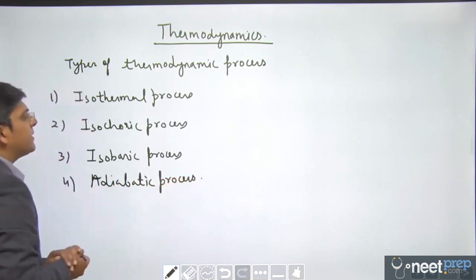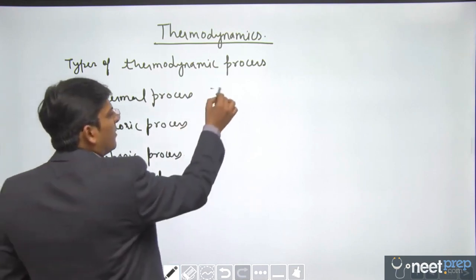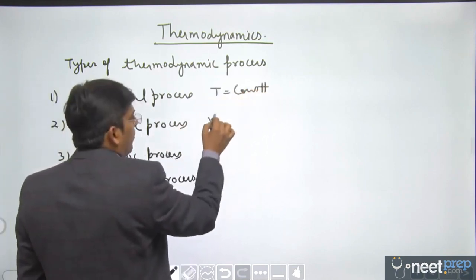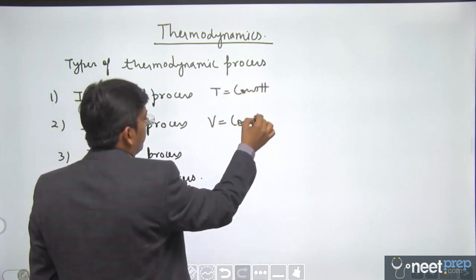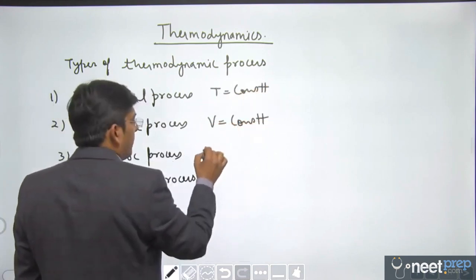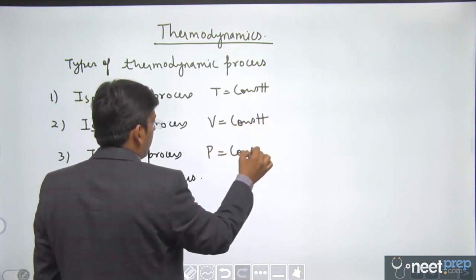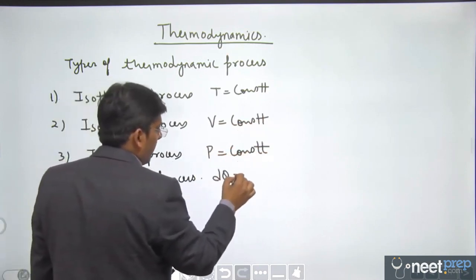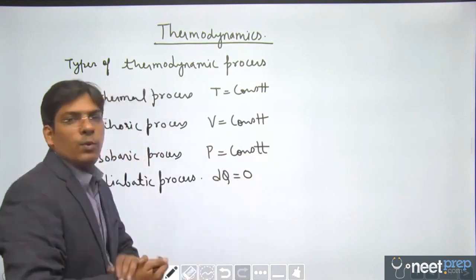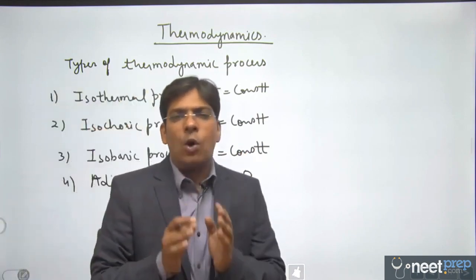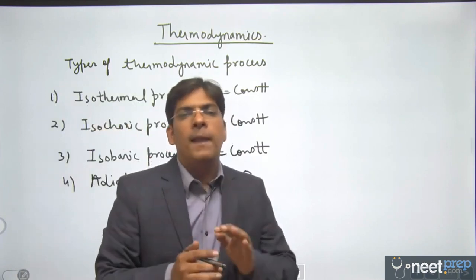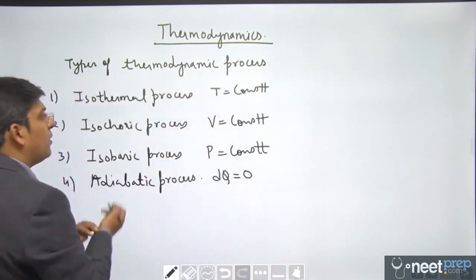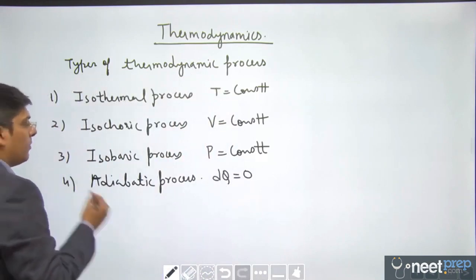See, briefly if we discuss these processes, in isothermal process temperature is not going to change, in isochoric volume remains constant, in isobaric pressure remains constant, and in adiabatic process there is no exchange of heat between system and surroundings, right? Let us now discuss all these processes in detail and let us draw their PV, VT and PT graphs, okay? So kindly note down, dear students, let us now discuss the isothermal process in detail.